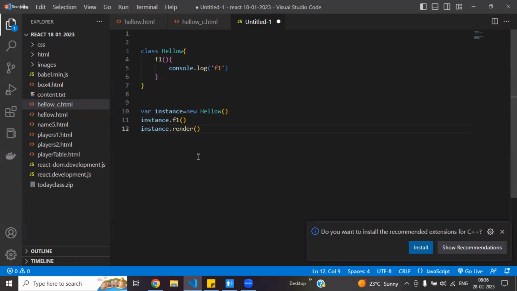Instantiation is a technical word; terminology-wise, it means object creation. Now see, you create an object for Hello, which extends from React.Component only. For now, suppose it is not there. Now tell me, at the time of creating an object, what happened? In my object, how many members are there? Only one member. What is that member? This is the